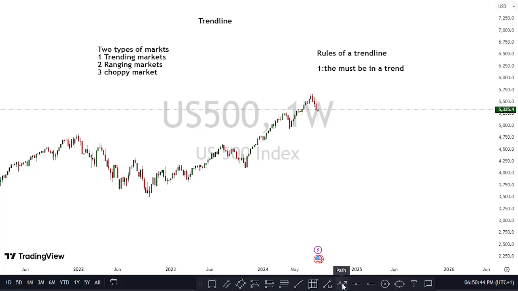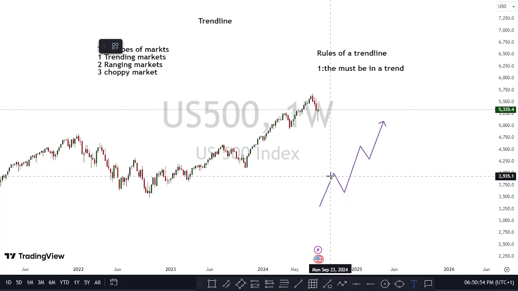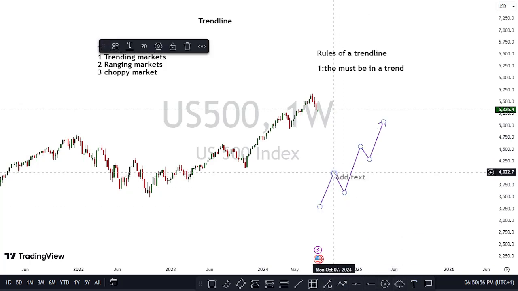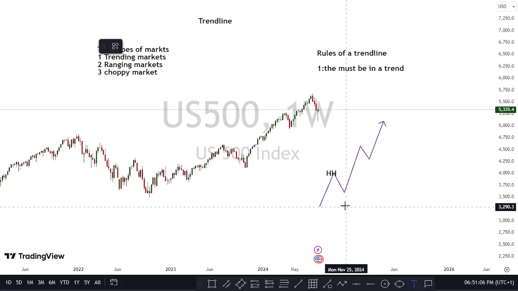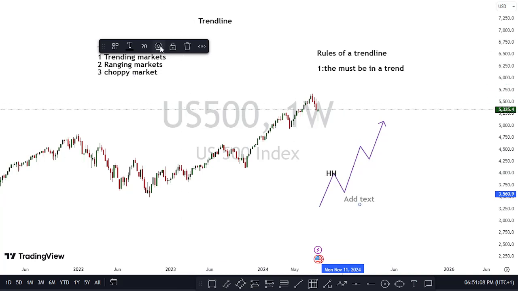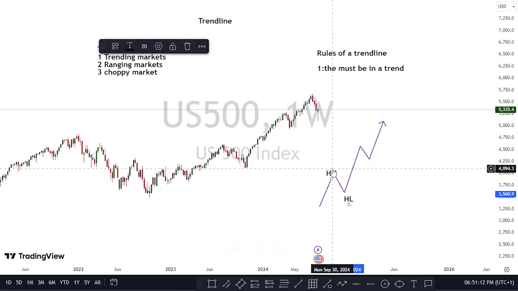Right? So let me just draw it for you. So this is a bullish market. It's making higher highs and higher lows. All right, let me type it here. So in this area there is a higher high, that's a higher high. This is a higher low, and then